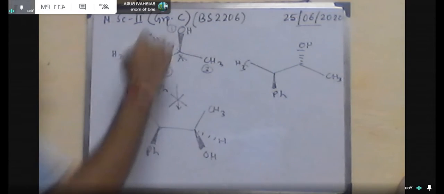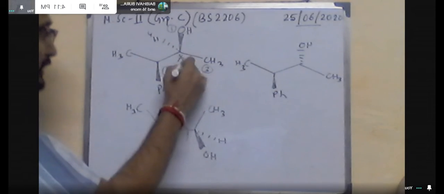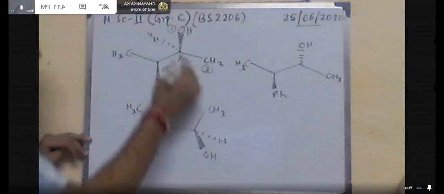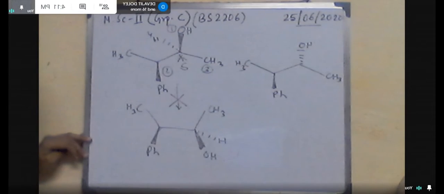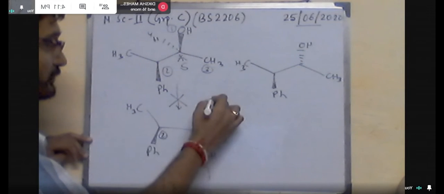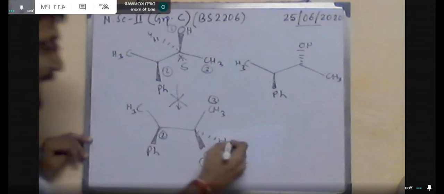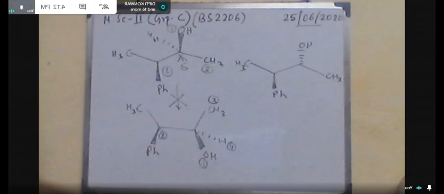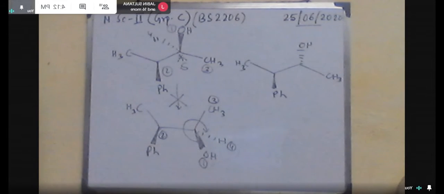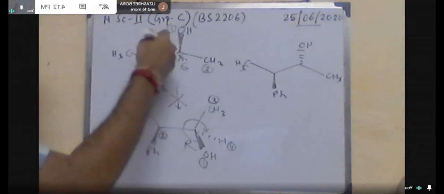So if I write it in a generalized way, say this is A, this is B. In the molecular structure, you can see this is down, this is up. That means with respect to this carbon, I am considering this carbon. Or we can say this portion is the valley and this portion is the hill. So when you are doing the interconversion, that means you are exchanging the position of the hill and valley. Say here you want to keep the valley to the hill and the hill to the valley.